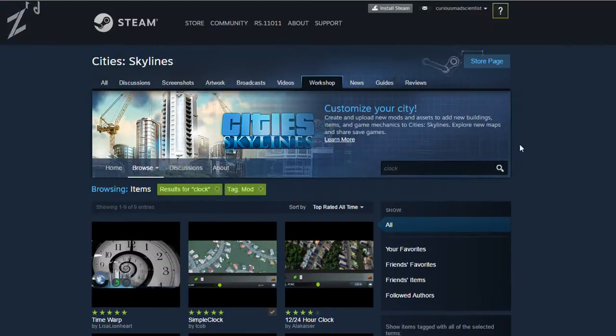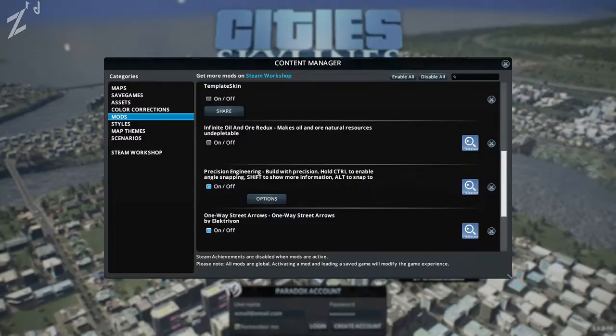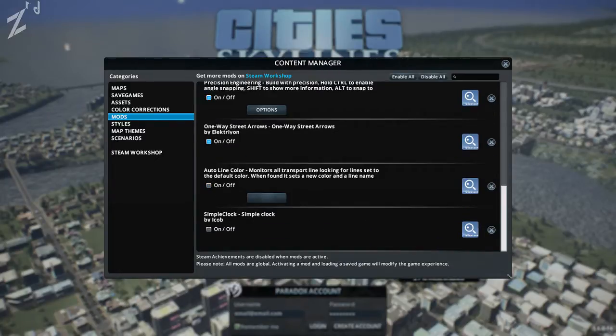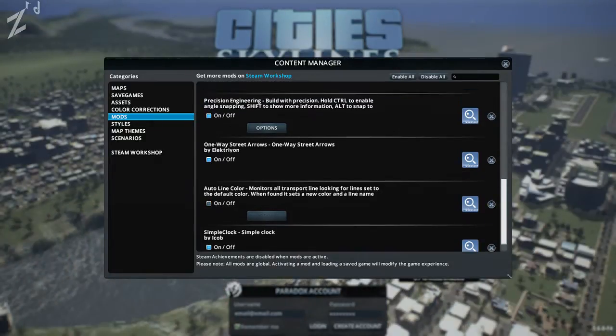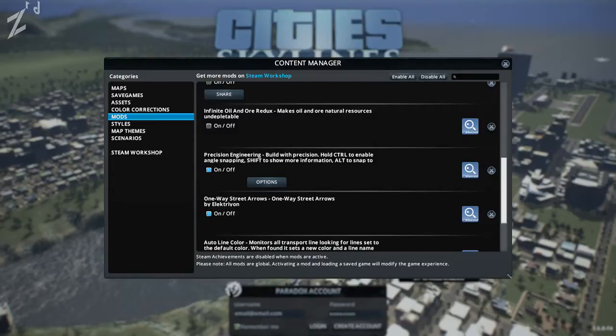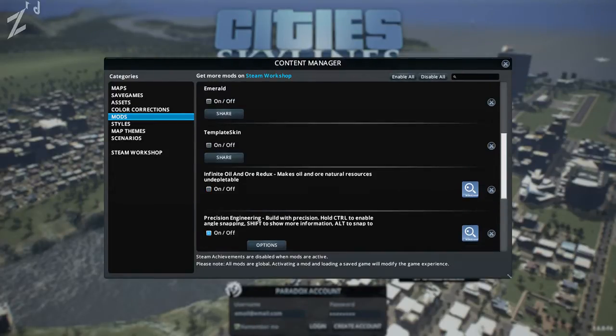I really want to play with the Rush Hour mod though, and possibly the, why is this happening? Okay, so when you come back to the game, you see that it's already downloaded for you, and it already comes into your mods tab automatically. So we'll just switch these things on. Okay, actually auto line color we'll leave off for a while. One-way street arrows can remain on. Precision engineering is on,